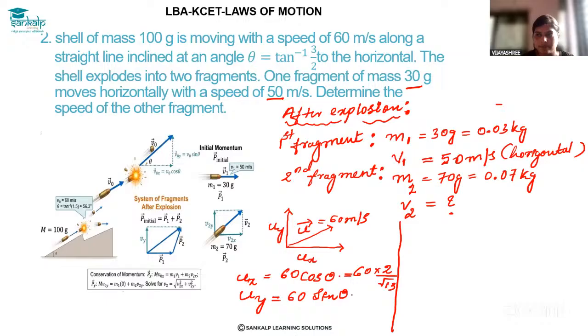Sin theta, just a minute, I will continue here. Which is equal to 60 into cos theta. Let us simplify here: which is equal to 60 into 2, that is 120 divided by root 13. 120 divided by root 13, which is equal to